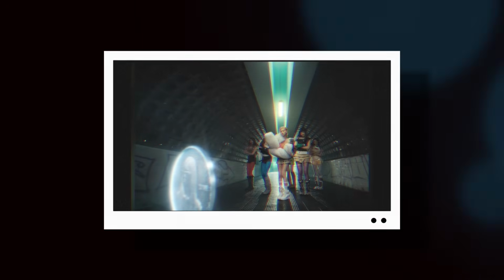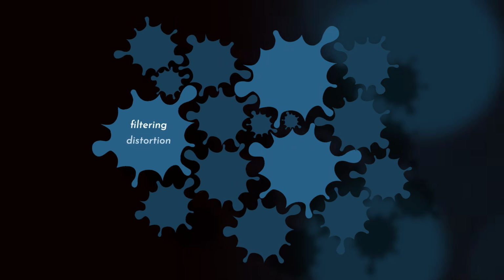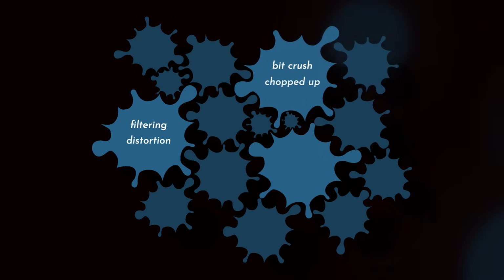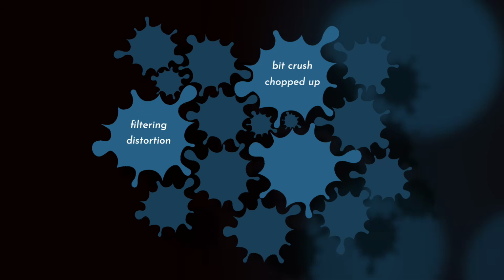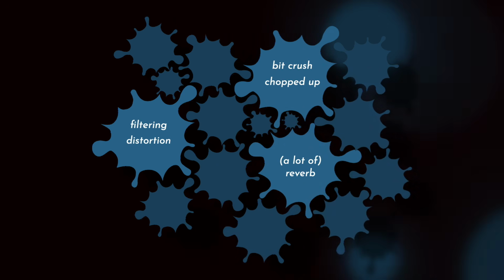Bang Bang has some of the coolest vocal processing we've heard in a while, and we thought it's a fantastic example of how the presentation of your top line matters too. The ad-libs are placed strategically, but the rows are processed in a way which makes them fit perfectly with the rest of the vocals. For example, we hear filtering and distortion here, while this one is bit crushed and chopped up or tremolo. Of course, we have the classic final chorus ad-libs, which are hugged in reverb and add an extra layer of elegance to this section.